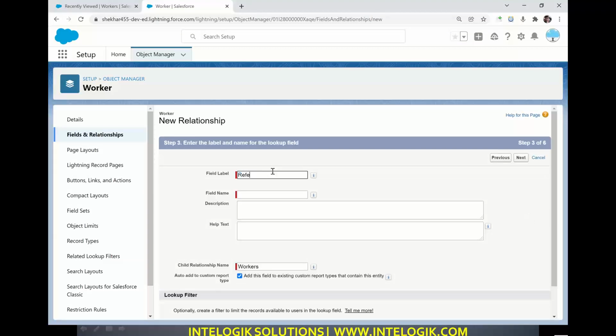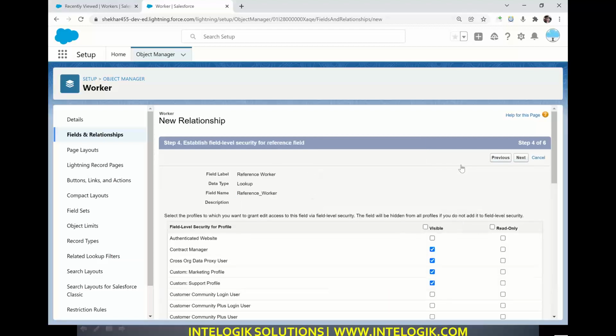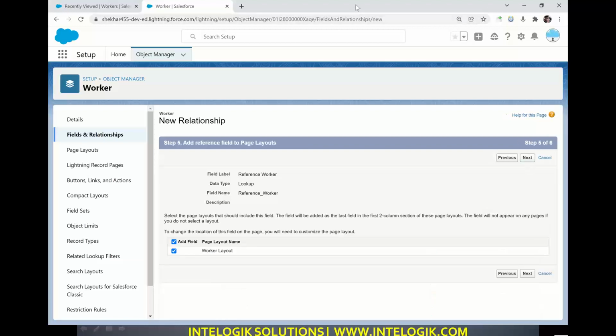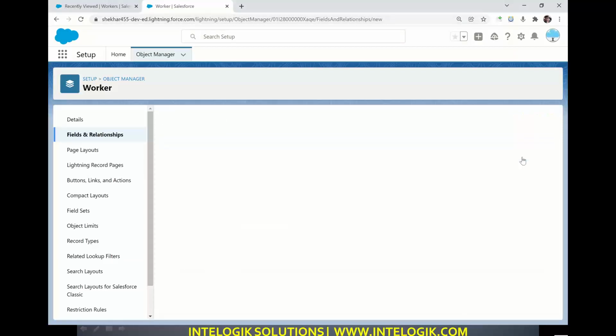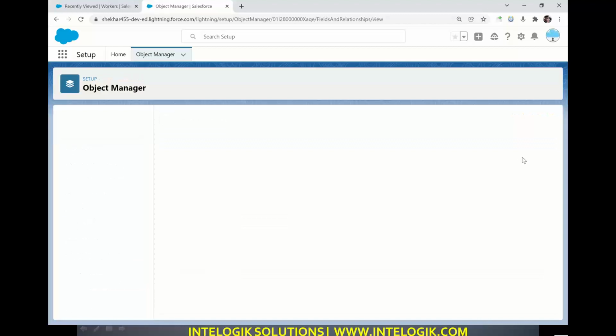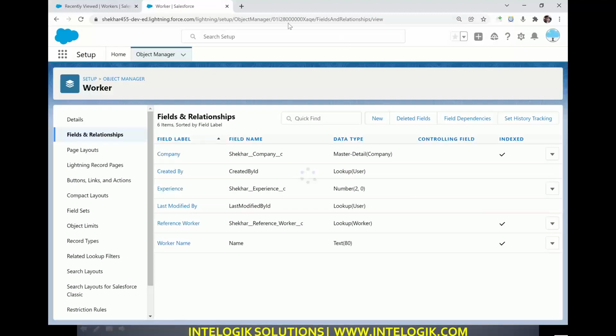Here I will give the name reference worker, and next, and visible for everyone, and next, and next, and save. And that's it guys, the relationship is set. And now let me show you the output.